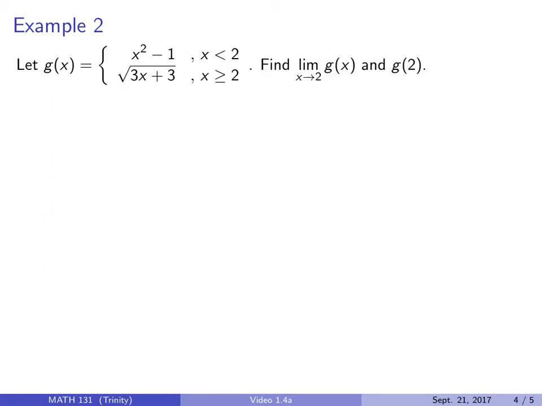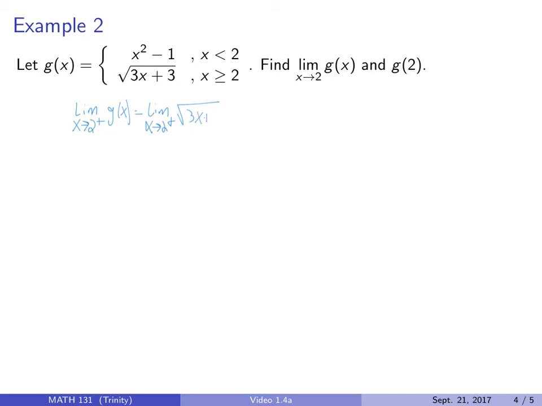Next, let's consider the piecewise function g of x equal to x squared minus 1 when x is less than 2, and the square root of 3x plus 3 when x is greater than or equal to 2. And again, we're going to be comparing the limit as x approaches 2 of g of x with the value g of 2 itself. Since g is a piecewise function, to talk about the two-sided limit, we'll have to first compute the one-sided limits. So first, let's do the limit as x approaches 2 from the right of g of x, which will be the limit as x approaches 2 from the right of the square root of 3x plus 3,